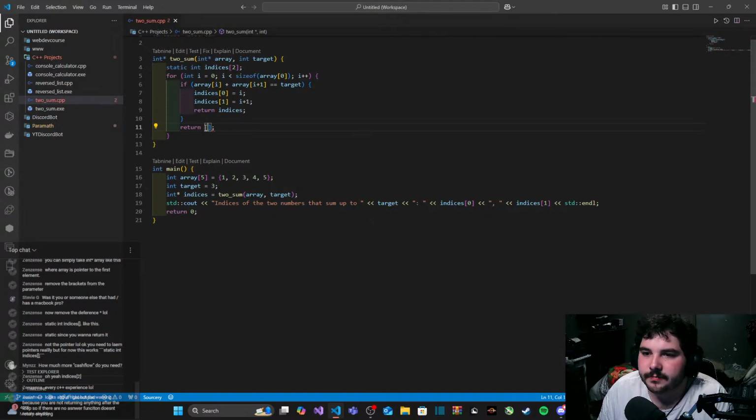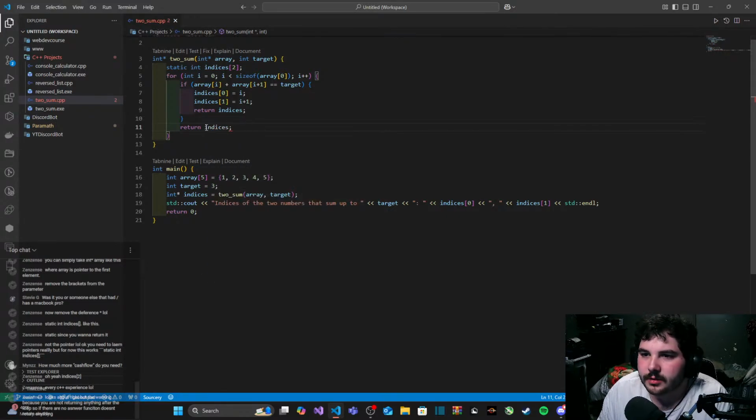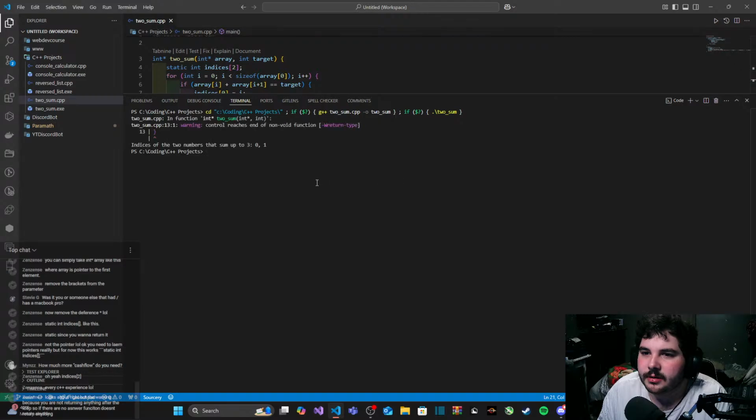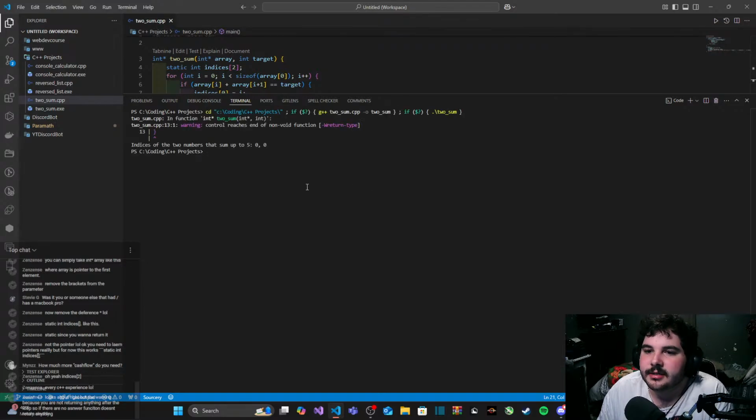Oh, wait a minute. What if I do that? No, that doesn't work. Oh well, I mean, this is solved, so what I could do is make a target 5, and I should get 1 and 2 inside the indices. 0 and 0.